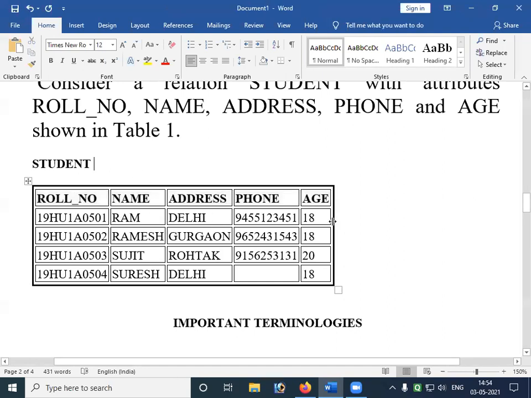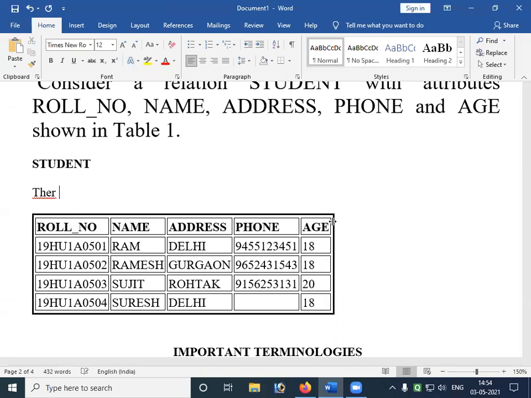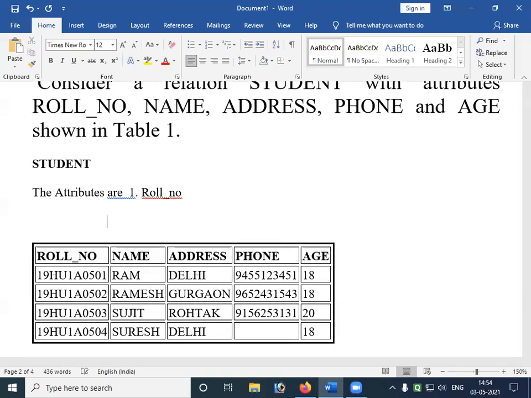So here the attribute names are roll number, name, address, phone, and age.